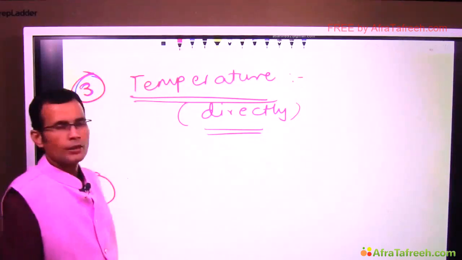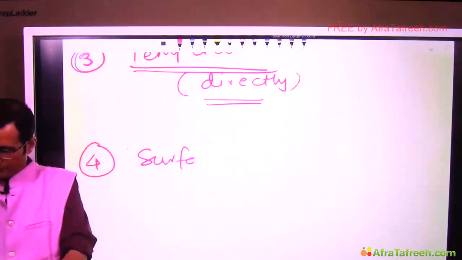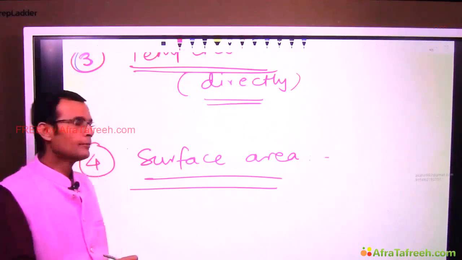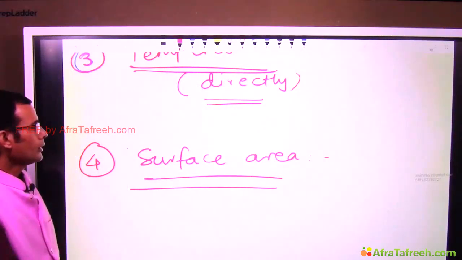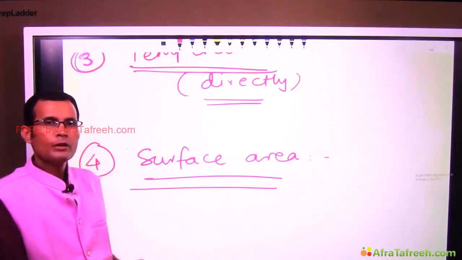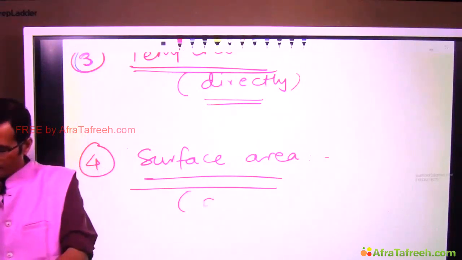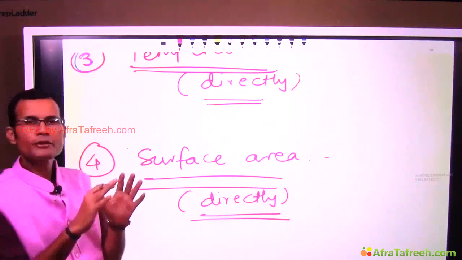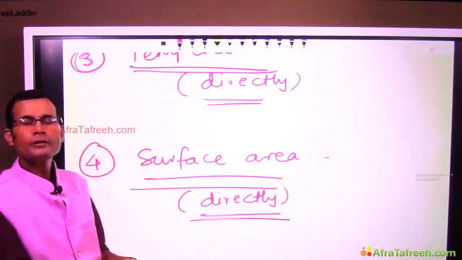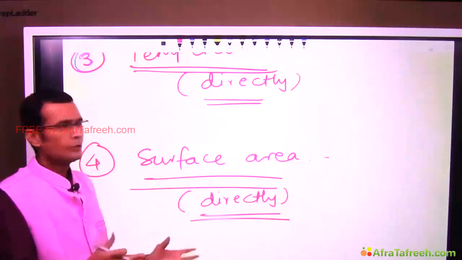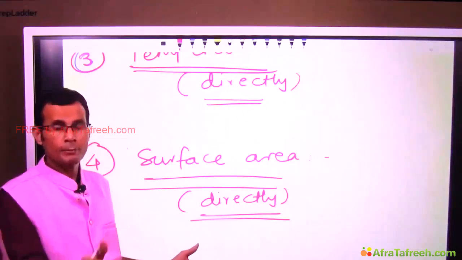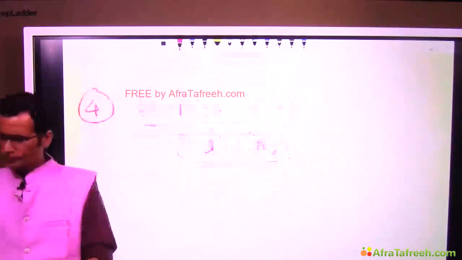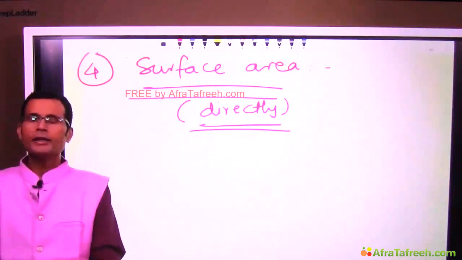Next, surface area of the membrane. Again, directly proportional. So far we have discussed 4 factors, and for all those 4, the rate of simple diffusion was directly proportional. Example over here, surface area. Let's say